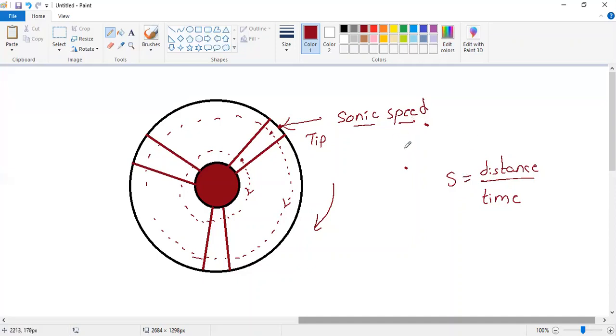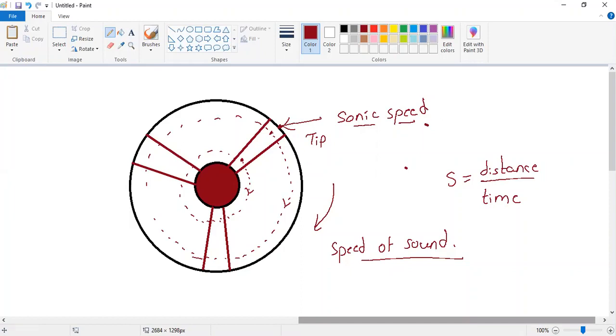If the speed increases and reaches the speed of sound, we know the problems, right? We have understood that in theory of flight. If the blade tip reaches the speed of sound, it will create a shock wave. And behind the shock wave, the air velocity will become subsonic. It will be disturbed. There will be a lot of vortexes. The engine will not run properly. Understood? So we don't want the blade to reach the speed of sound.